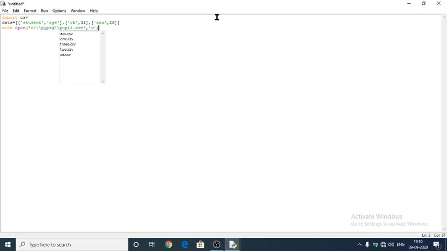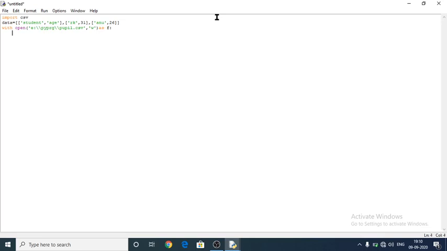Here I have to close this one, and afterwards as F. F is nothing but the total file that has been saved into F. Instead of calling the full line again and again, it is enough to call F alone.